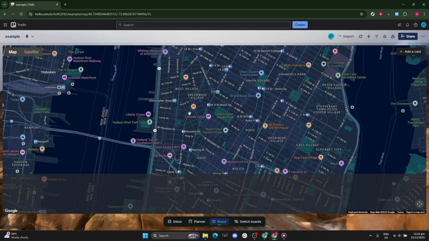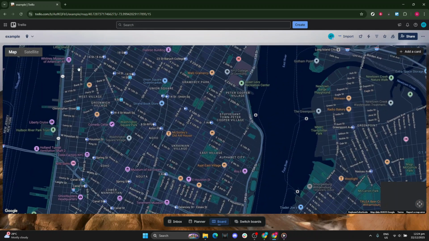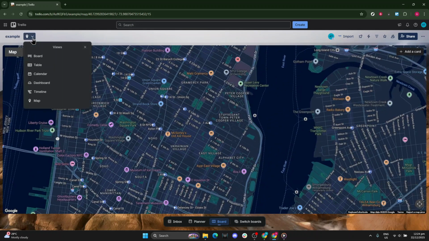Once you've reviewed each view, look back to the top of your board. You should now see clear indicators or tabs showing the views you've opened, making them easy to access again. With the table, calendar, dashboard, timeline, and map all checked, your board is now much easier to view and navigate at